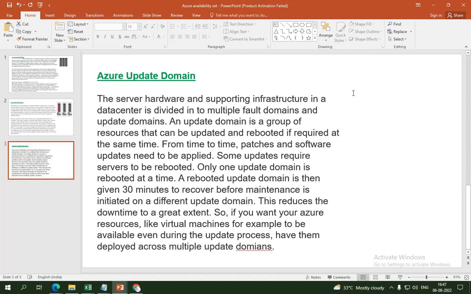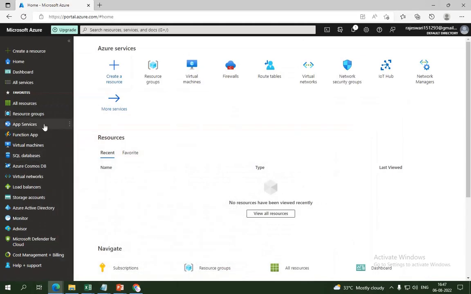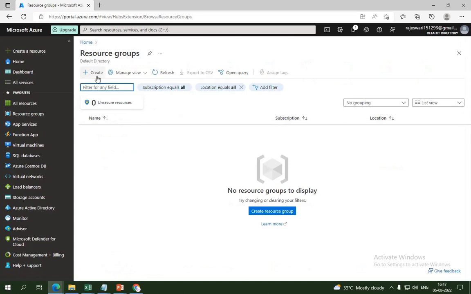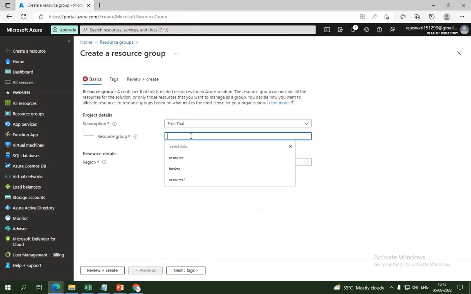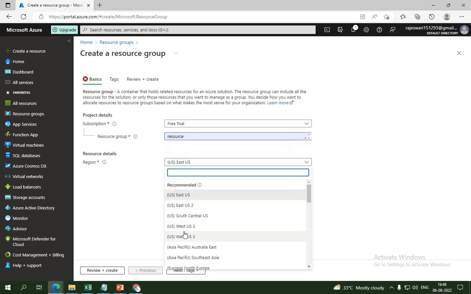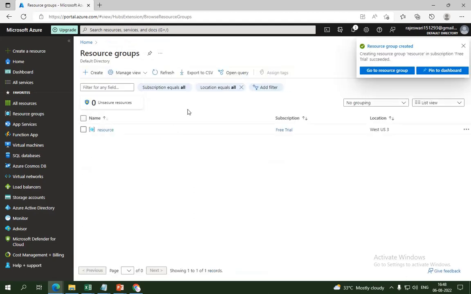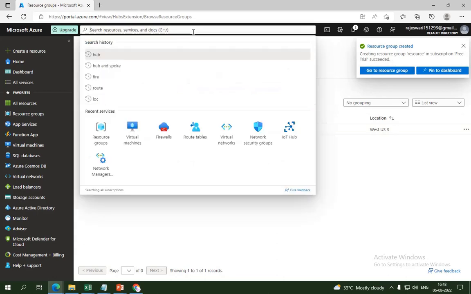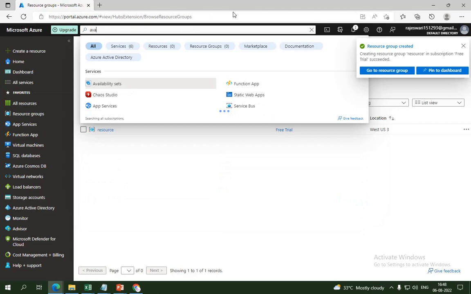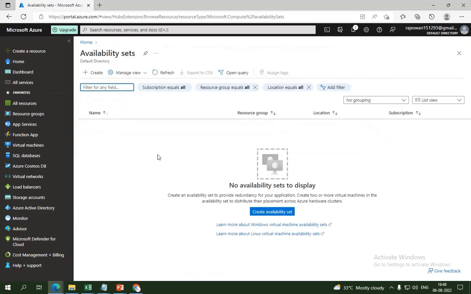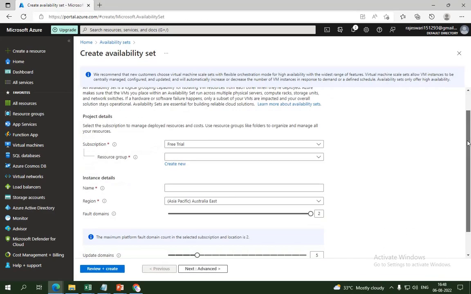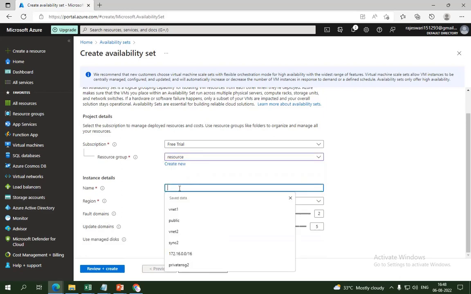Let's see how to create an availability set. Go to the portal, create a resource group, select your region, review and create. Resource group is created. Then search availability set, create, select your resource group,